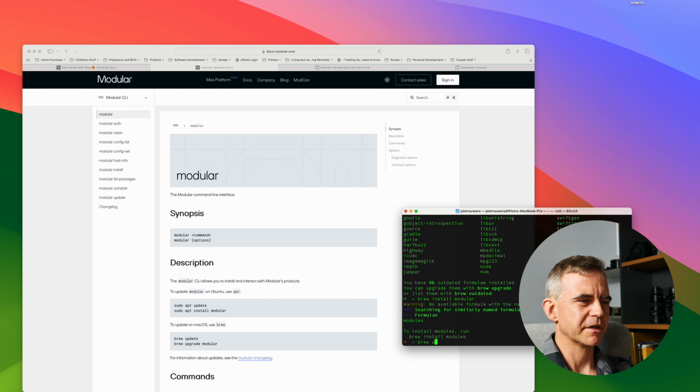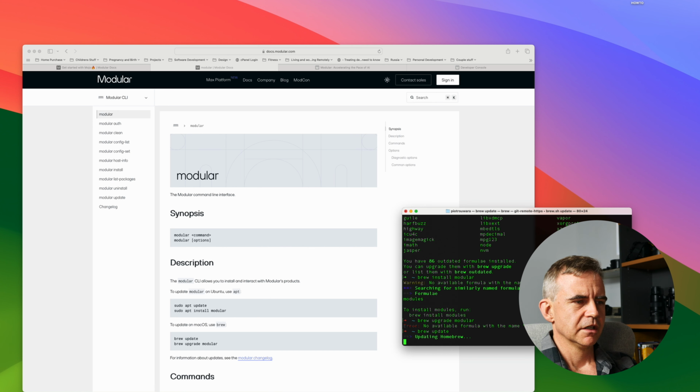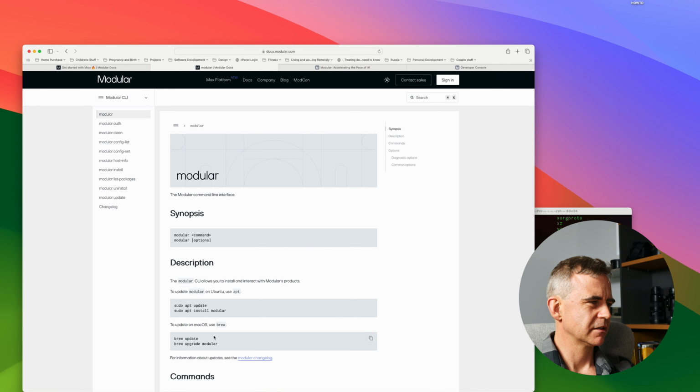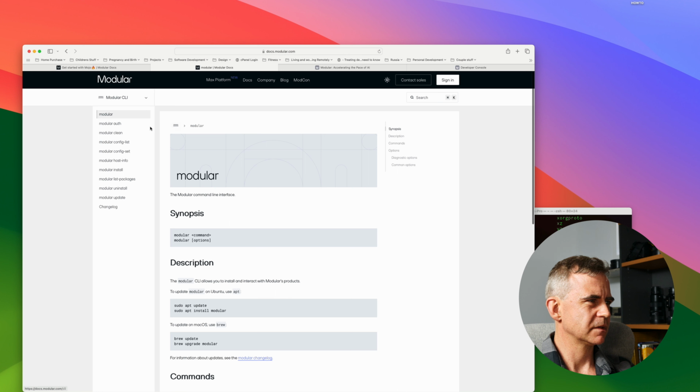I can't upgrade it because it won't. Brew upgrade modular. Oh dear. Brew update. It is up to date. Why can't I install it? Modular CLI. It's not letting me do it. Oh dear.